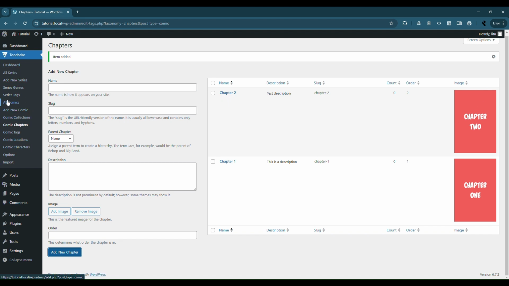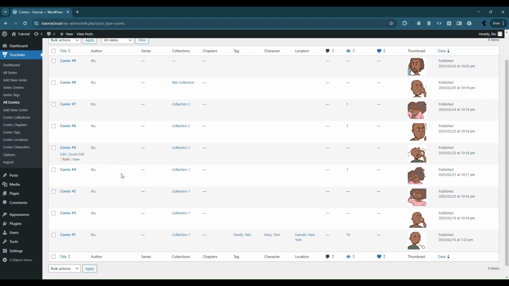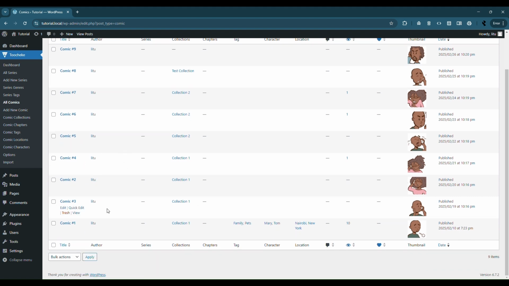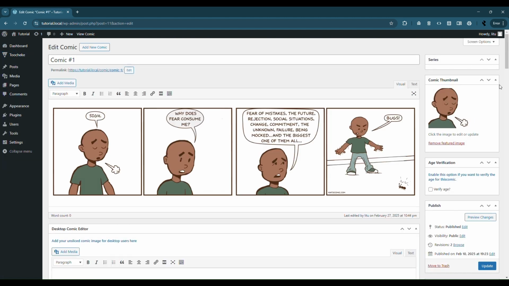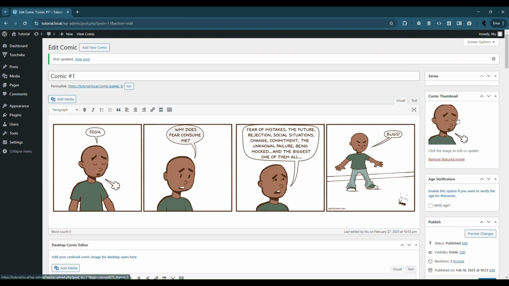So let's do that. Let's go to all comics. Now you can either do them in bulk or you can go individually from each comic. Let me show you how you would do that for each comic. So click on edit, and then go to the chapters box here and then select chapter 1 and then click update. All right,